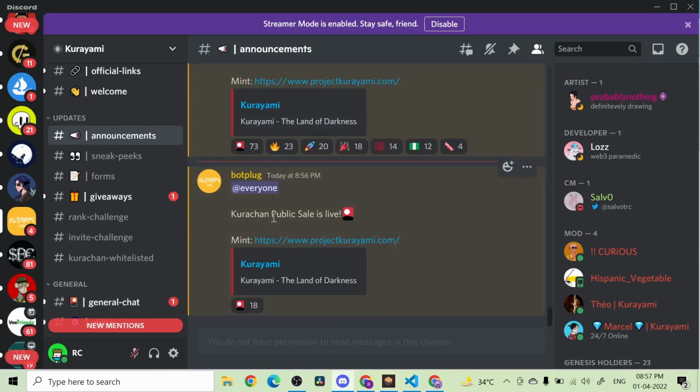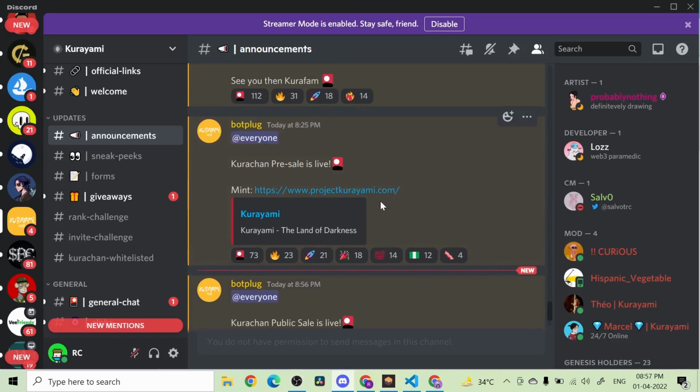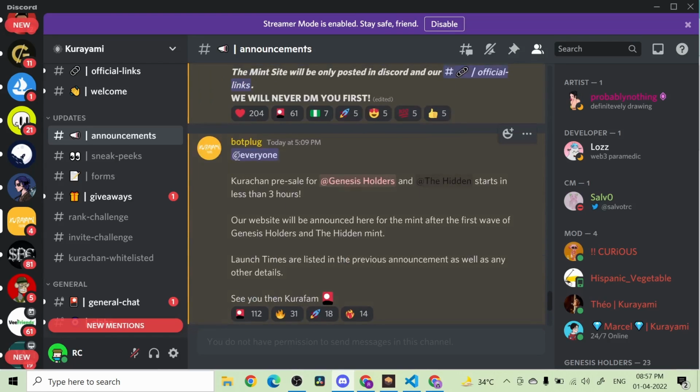Those are two different collections. But here you can see the project owner has listed the mint website. But if I mint from the website, I'll be dependent on their server. So it's kind of a centralized platform, and I don't know what kind of code they have on their server. So I would rather mint my NFT directly from the contract. So how do I do that?